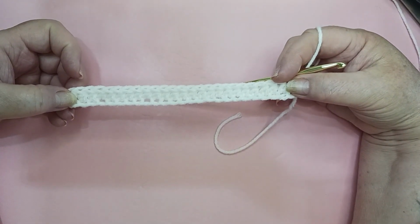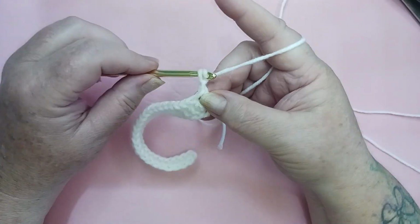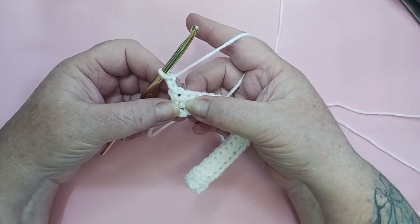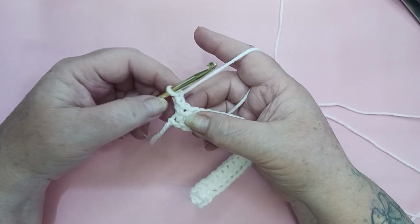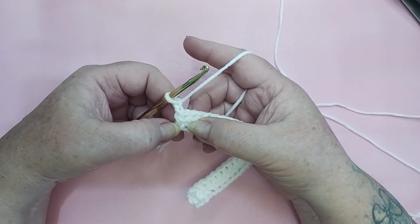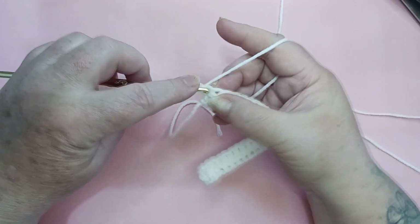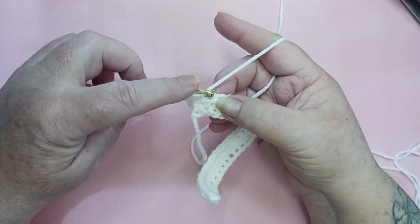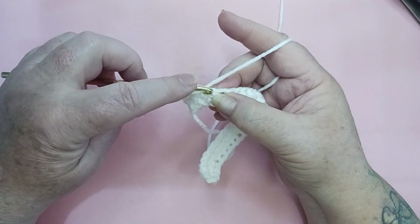Let's move on to row 2. For row 2, we're going to chain 2 and we're going to turn our work. Now, according to our pattern, we're going to place a half double crochet in the first half double crochet. This chain 2 is not connected to this half double crochet. We're going to place a half double crochet in this very first stitch here. So half double crochet, half double crochet in the next stitch, half double crochet in the next stitch,